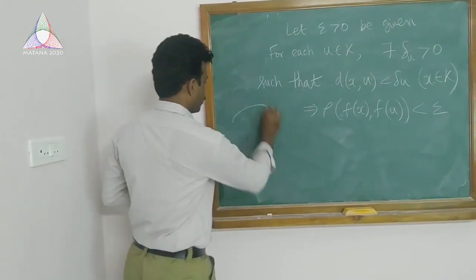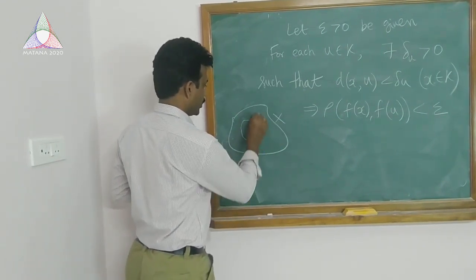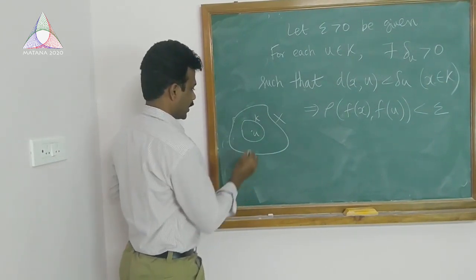So for every point u in the compact set K, we can get